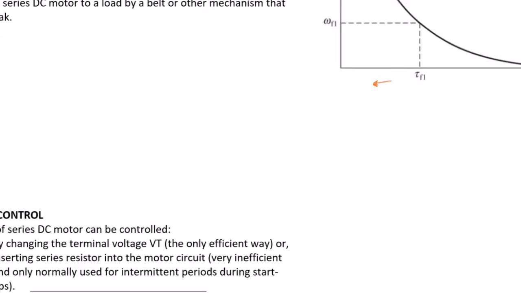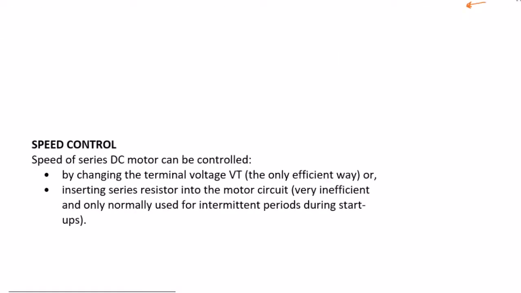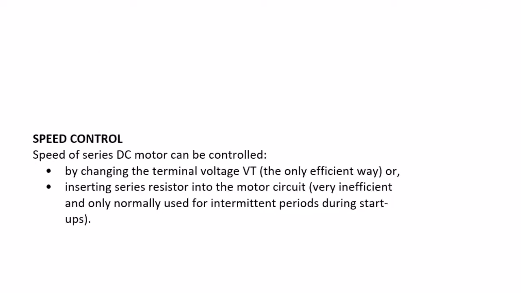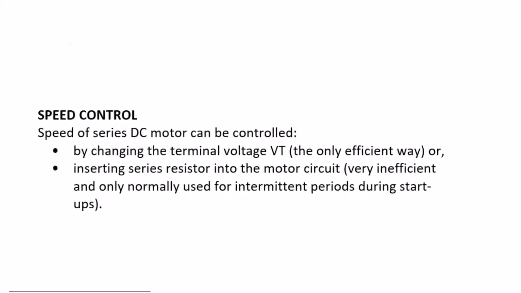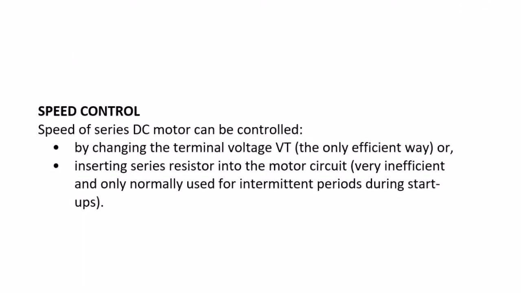Okay, and then finally, how do we control the speed of the motor? The speed of this series DC motor can be controlled by two methods basically. First, by changing the terminal voltage Vt, and this is the only efficient way. Or secondly, by inserting a series resistor into the motor, but this is very inefficient,